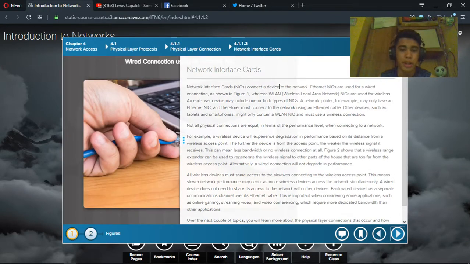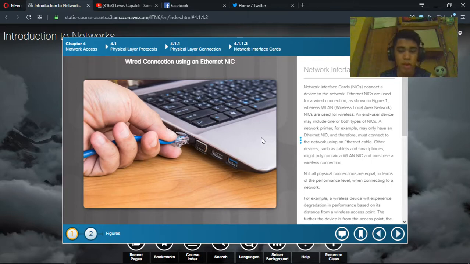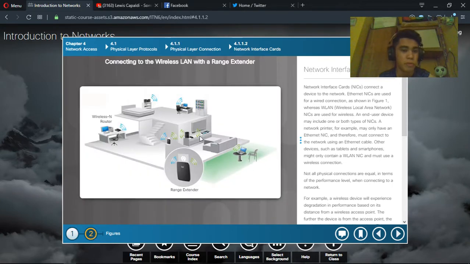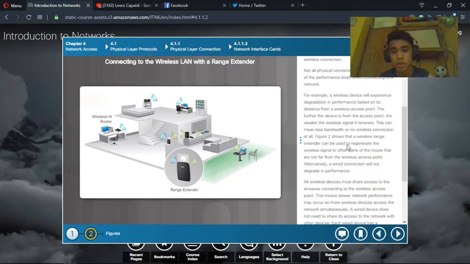NIC or network interface cards connect a device to the network. Ethernet network interface cards are used for a wired connection as shown in figure 1. This has a NIC and the Ethernet is connected to the network interface card. Now, connecting to the wireless LAN with a range extender. Figure 2 shows the wireless range extender can be used to generate wireless signals to other parts of the house. For example,